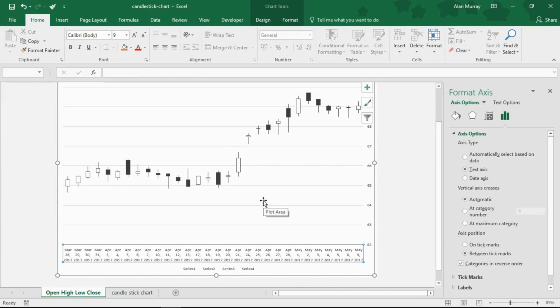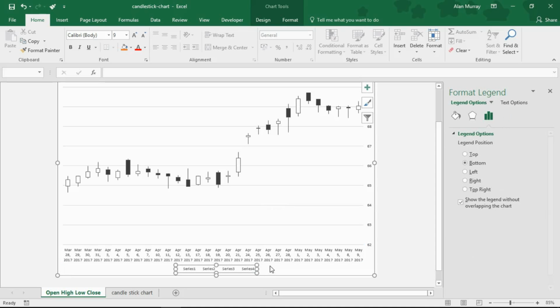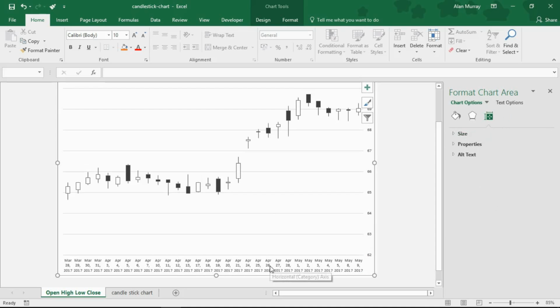I'll leave that open to you. But immediately here we have a candlestick chart. Let's get rid of this series before it frustrates me. These legends at the bottom. We have a candlestick chart created really quickly in Excel using one of their 4 built-in stock charts and demonstrating a couple of basic formatting options, especially with the reversal of the category. But you can take these a lot further than what I'm